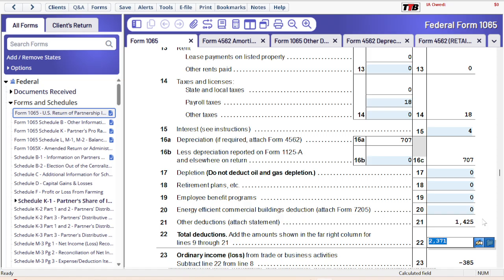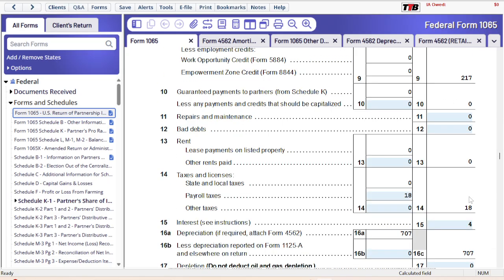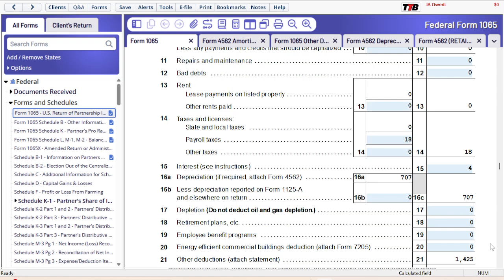Something is not okay. Oh, that is total deduction. So sorry. So that would be here. Okay, so total deduction is going to be payroll plus payroll tax plus interest plus depreciation plus other deduction,